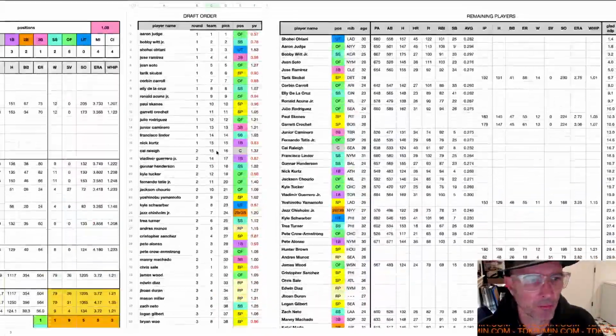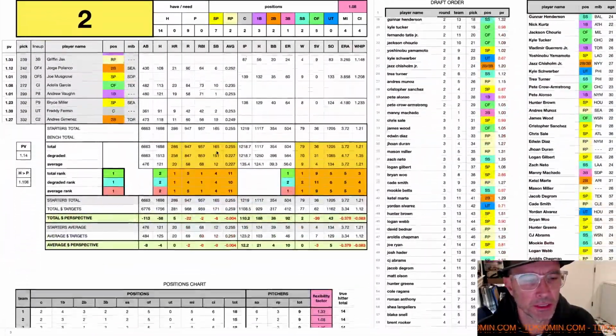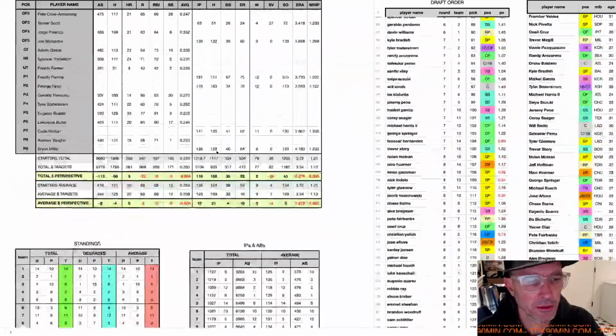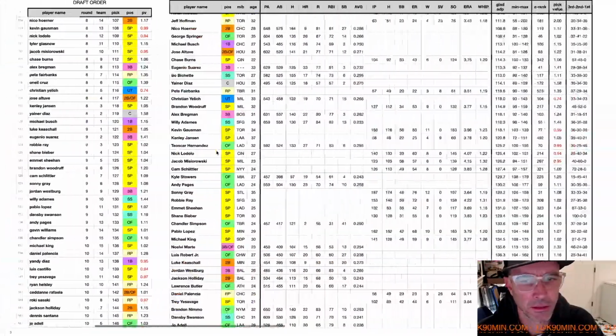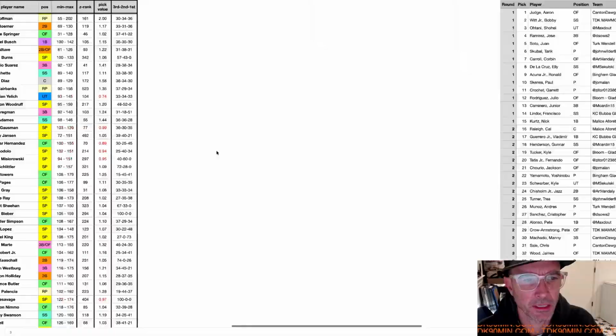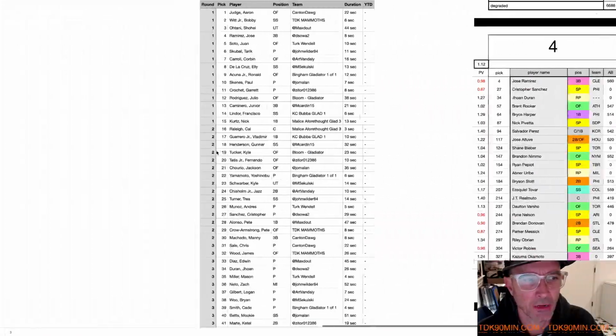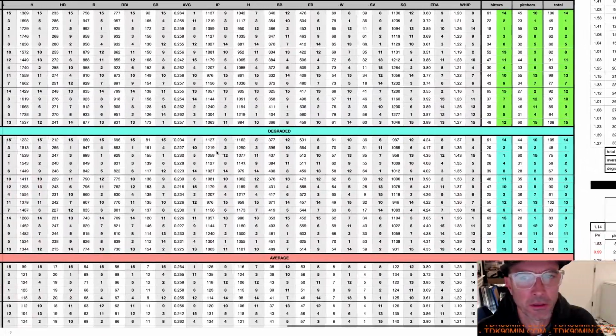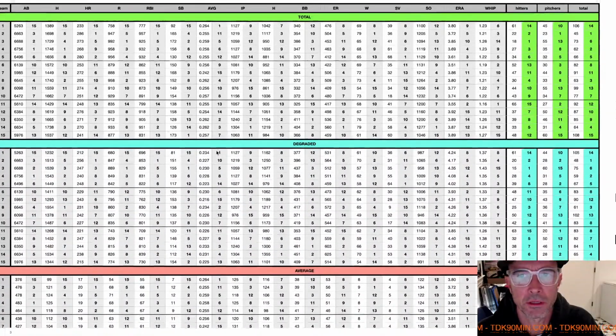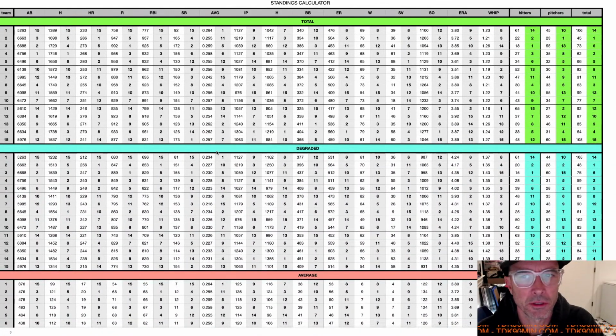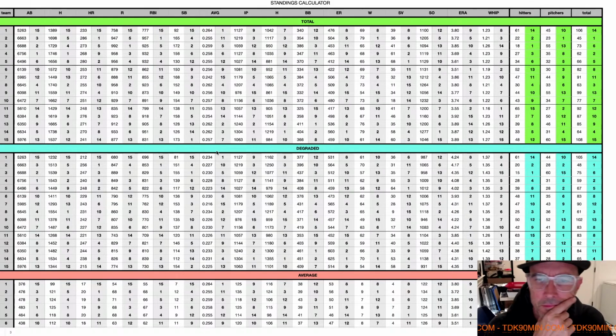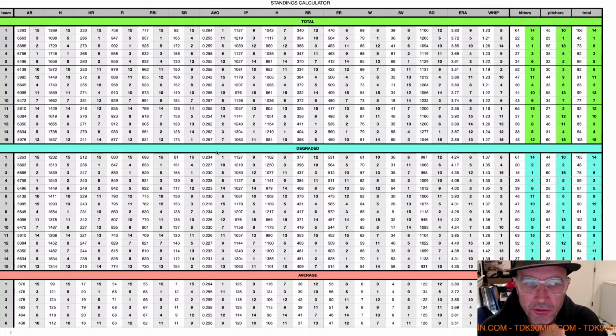So anyway, in the draft that we did together, it looks like this is the final standings of that draft. Anyway, looking forward to seeing how these run at the end of the year. There it is right there, standings calculator. What team was that? 2. Okay, yeah, I had a good draft. Bob had a good draft. I think he was 14 because he's rolling that same 2 and 14. Might as well be this. I was watching the whole draft, thinking that was a draft. Anyway,